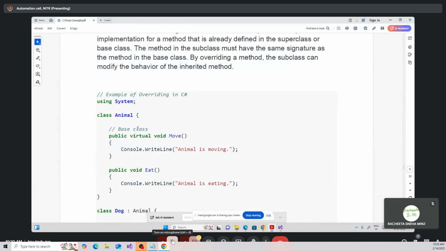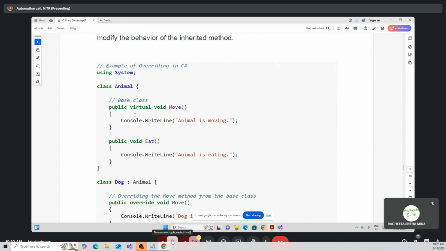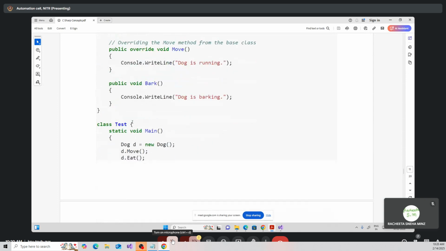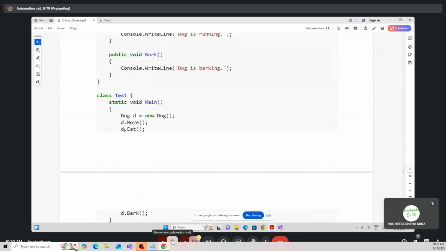Now, see, it is a simple example. But you are not going to write this animal, eat, dog, cat in the program, because in the program, the real concept will come when you override. Okay? But remember, you